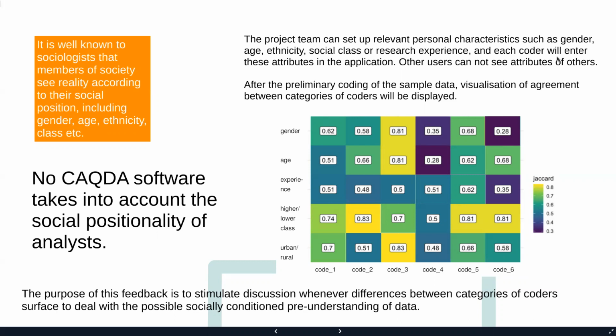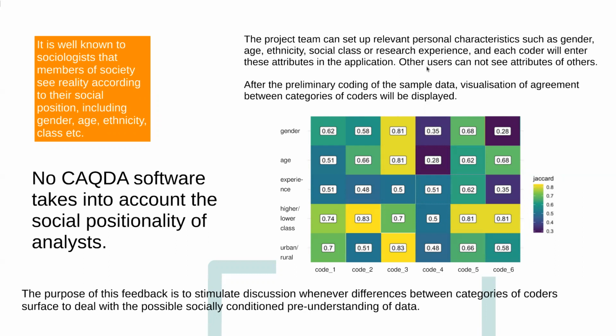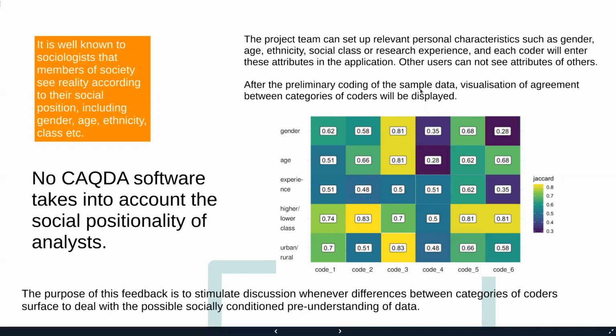So we designed a procedure that is not yet implemented in the program, where all coders can, or should, indicate their attributes, and we can visualize which attribute